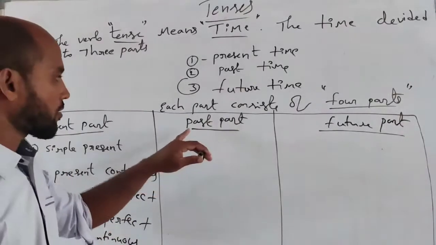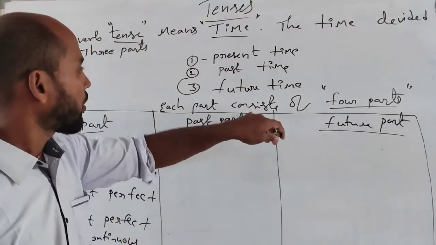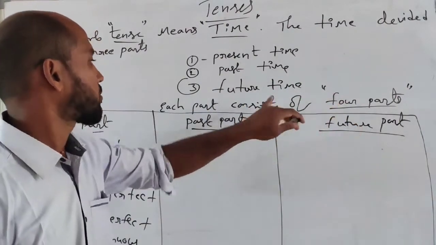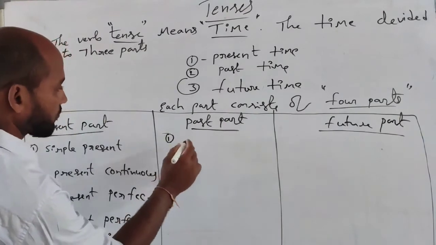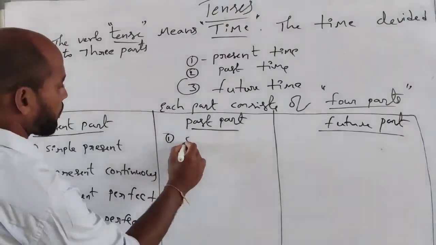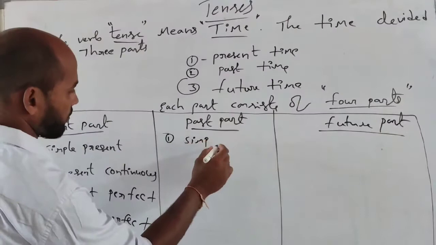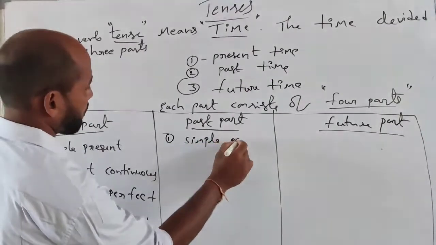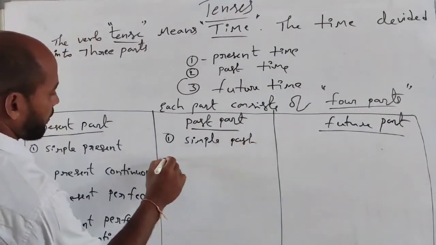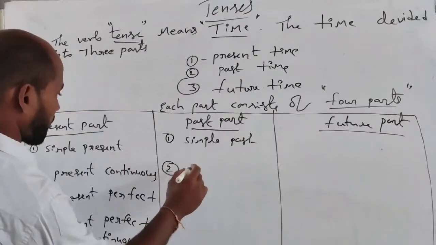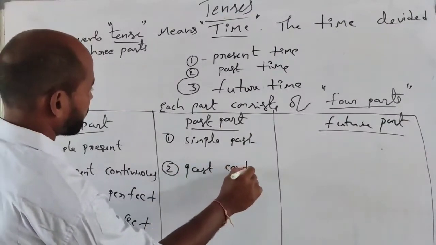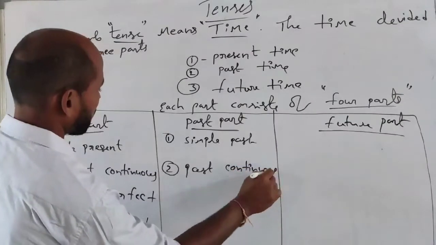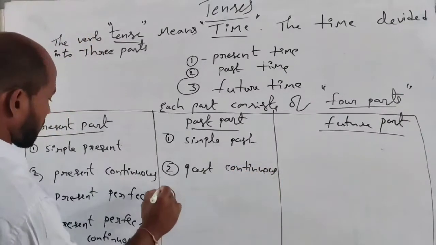Next one is past, 4 parts. First part is simple past, same. Second is past continuous. And third one is